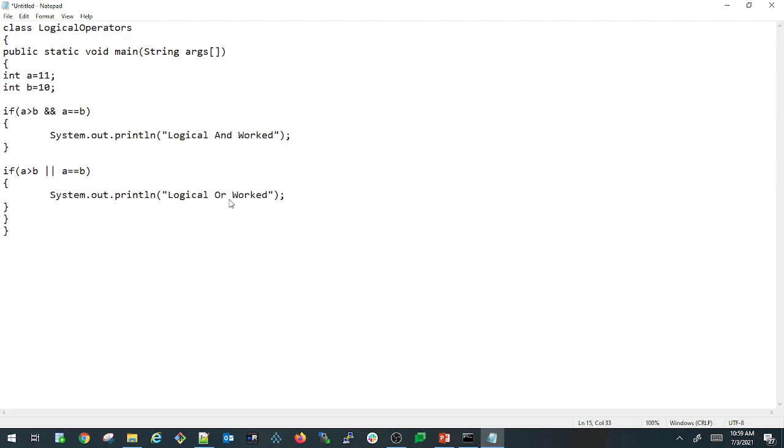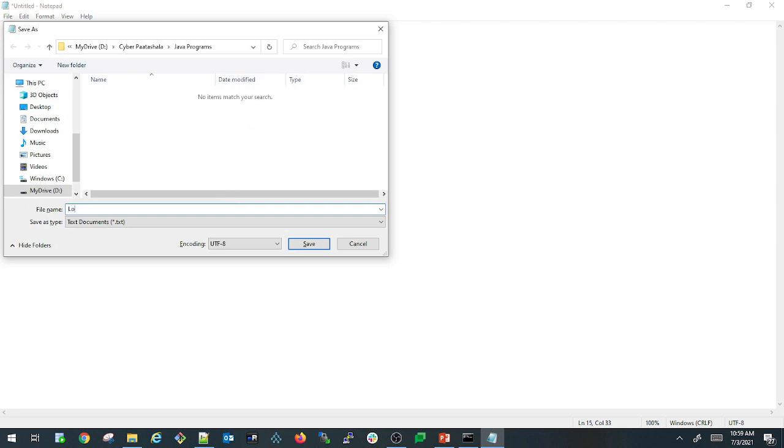Let us quickly save this as LogicalOperators.java.